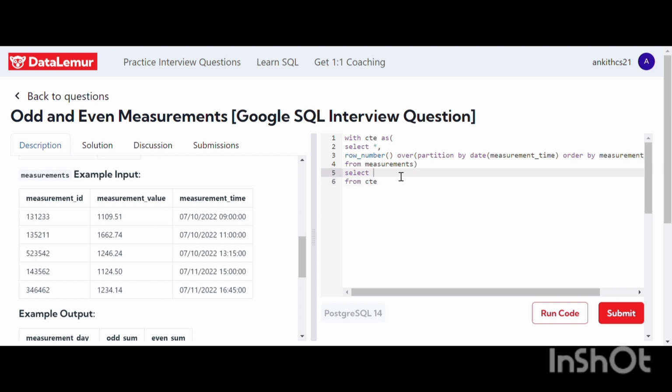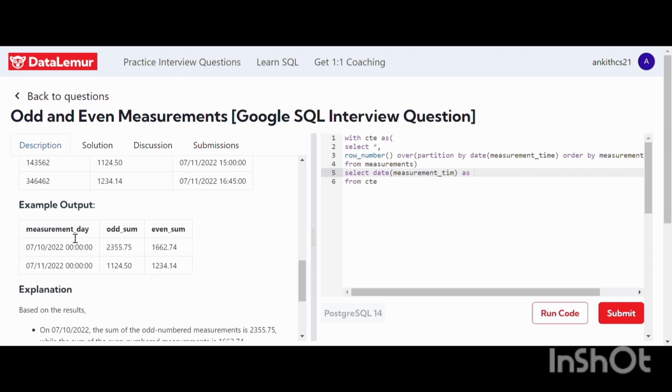Here I am first going to use the time, because the date should be mentioned. I'm going to use a date function in order to get the particular date from this measurement time. It will be named as measurement day,